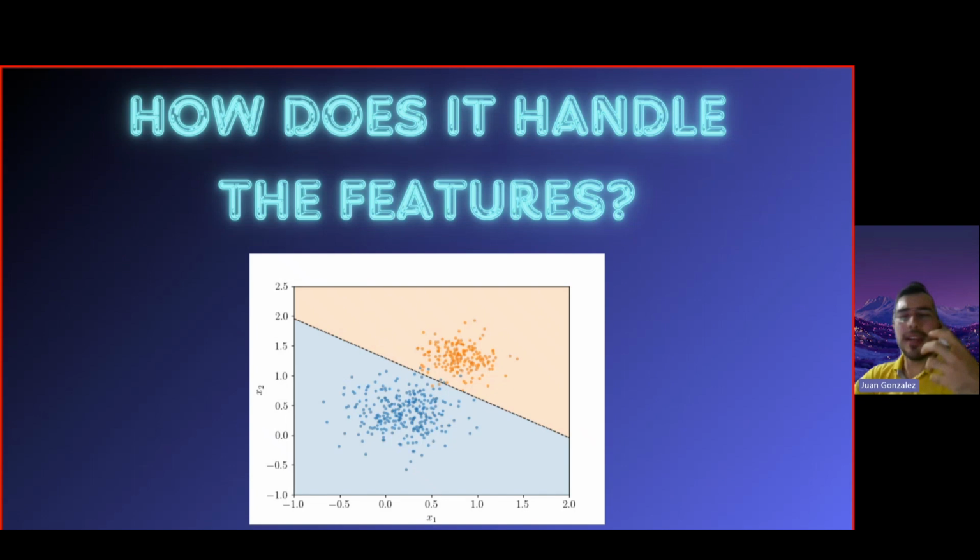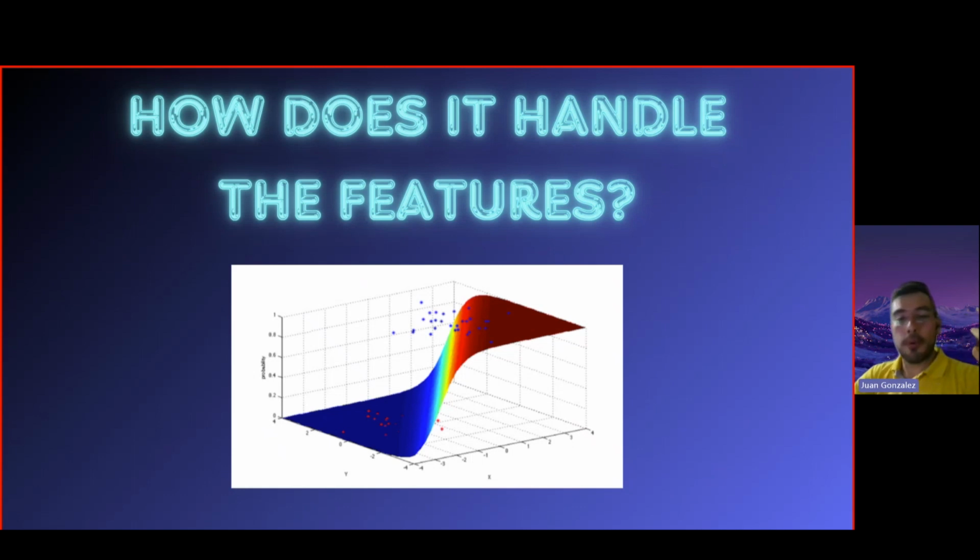So how does it handle the different features? In this chart, we are comparing variable 1 versus variable 2. And as you can see, we can divide into perfect groups when it is going to be 0 or 1, or the different binary results. But in this case, we are only using two variables. As we put in more features, more variables of our dataset, it is going to be a more complex function. So the important thing is to understand that we can handle a lot of variables, but it's not going to be a simple analytical solution. So that is the reason why we use Python or R or all of these programming languages to solve